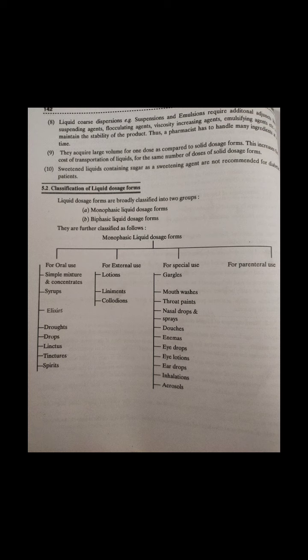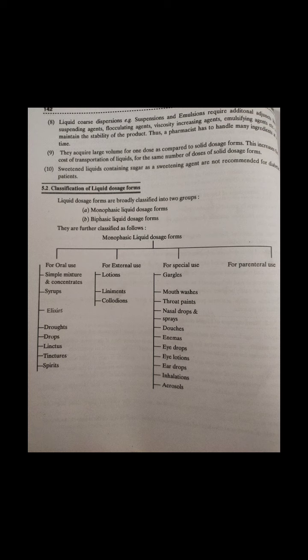It should be sterile, it should be stable, it should be free from foreign particles. The pH should be about 7.4, which is the pH of lacrimal secretion, and it should be isotonic with lacrimal secretion. Eye drops are supplied in small volumes, not more than 15 ml, so as to avoid repeated use of the same preparation for a long time. They are supplied in glass or plastic bottles with either a separate dropper or a built-in dropper.